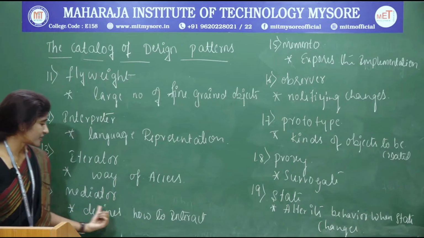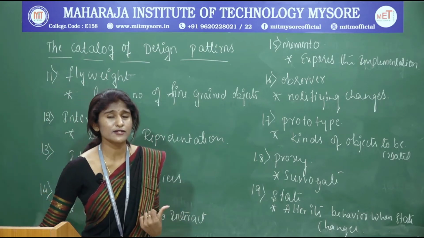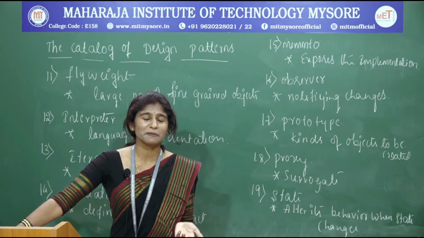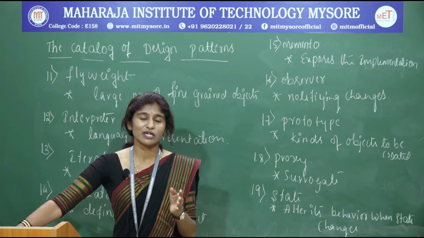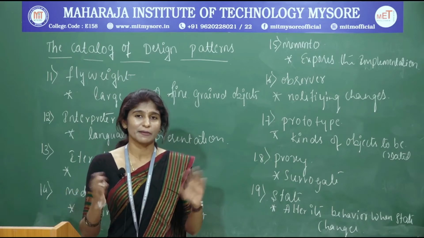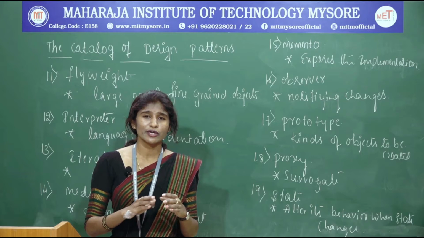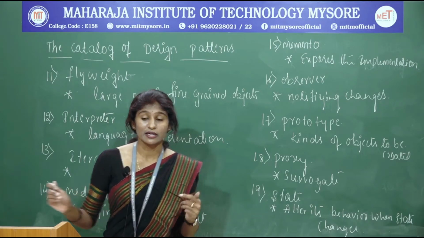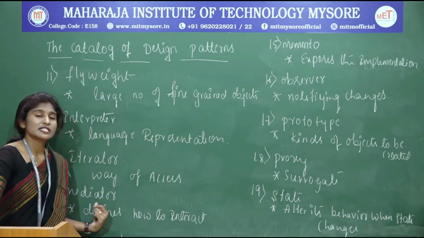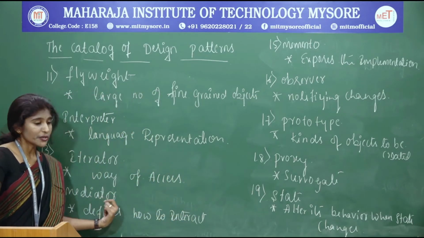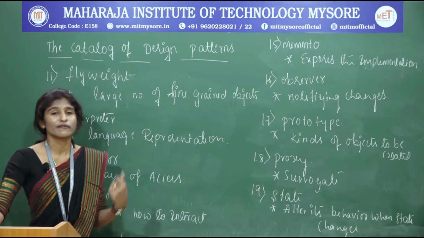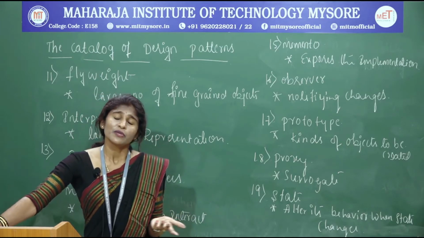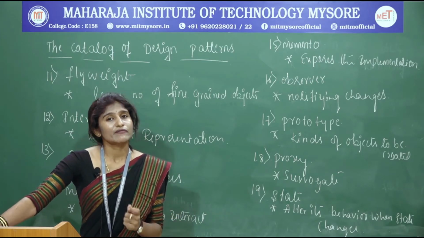So next is the mediator. Mediator is the name of a design pattern, and the name indicates the same meaning. As you have seen in the general meaning, a mediator is a person in between two persons who helps them to communicate, someone who sits between two different senders or receivers, or a medium like that. So here, this mediator design pattern is going to tell you how to interact with classes and objects, with different classes, within a class, or with different objects. It just tells you how to interact with each other.